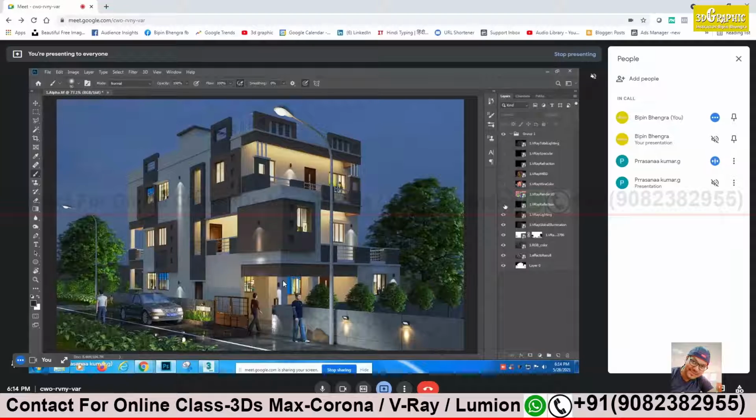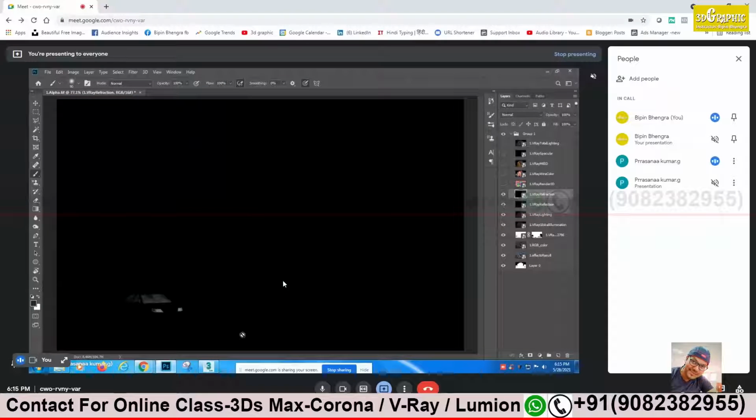Before that, let's see how much brightness is too much. 50% will work most of the time. That's what I think. 50% is enough. Then refraction, there will not be much refraction since it is a night. Maybe on the car glass you will get some effect. Just turn on and off the eye icon there. You see the car headlight. Yes. Go to screen.